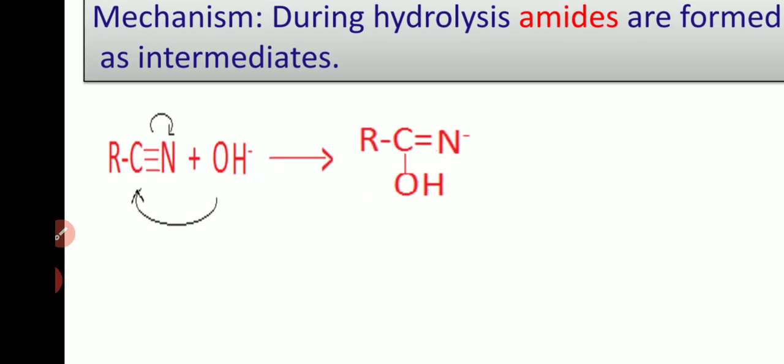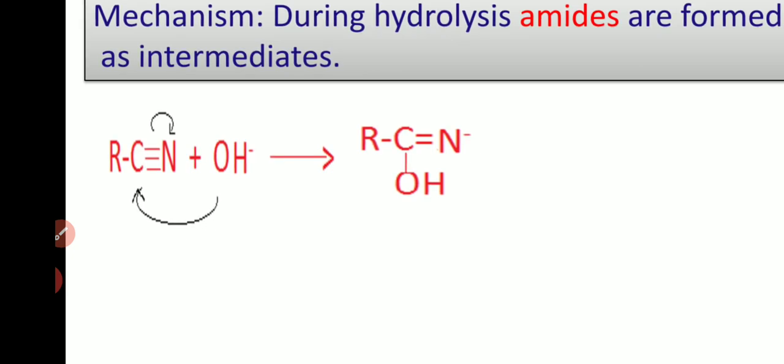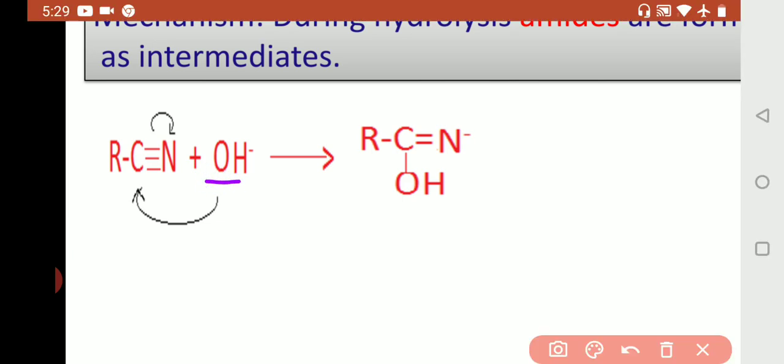As the pi bond is shifted towards nitrogen, N got a minus charge, and as carbon lost one bond, OH minus has donated its electron pair, that is the minus, to carbon and formed a bond. A C-OH bond is formed. Now, this OH minus corresponds to the base. We do this in presence of a catalyst, the base. That's why we are taking base.